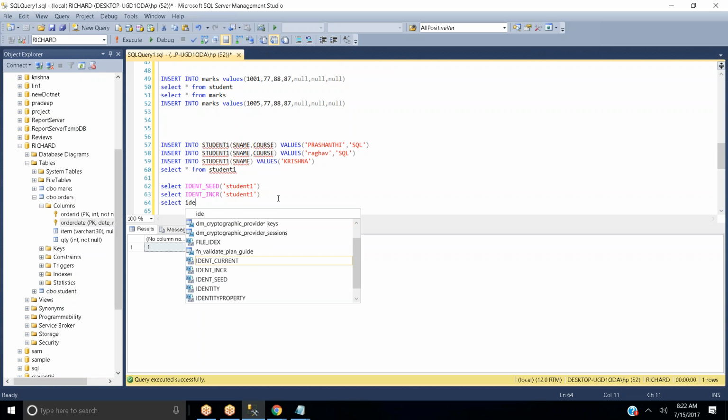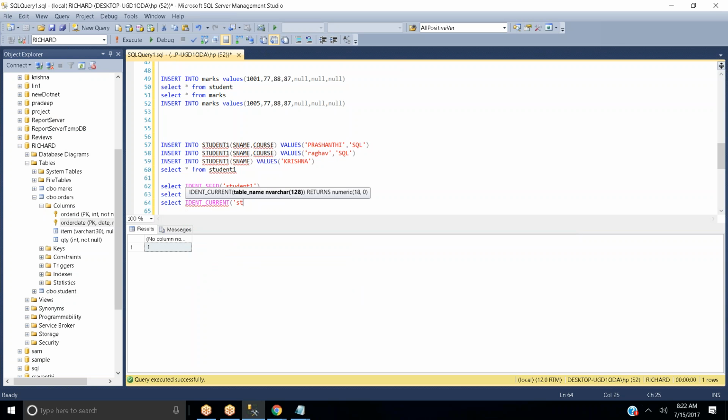Select IDENT_CURRENT, Student1. Am I right? 1003. This is how you can use your identity functions, how to identify your seed value, how to identify your increment value, and how to identify the current seed value as well.